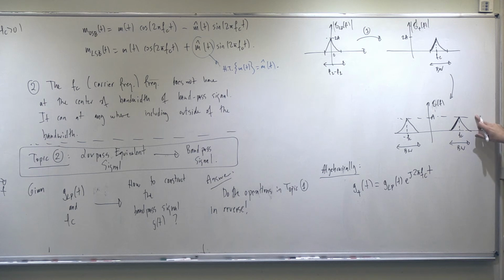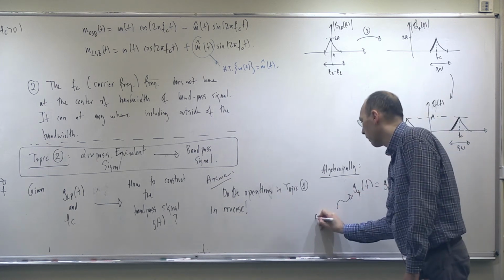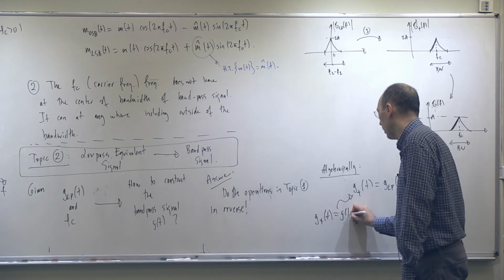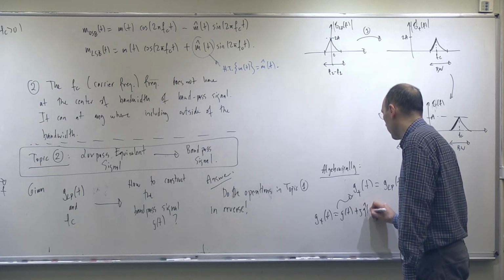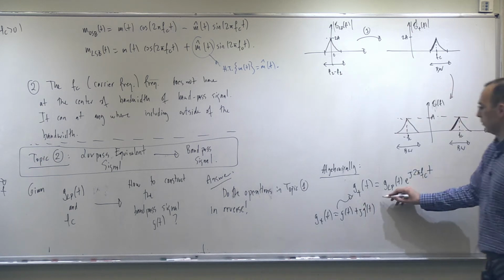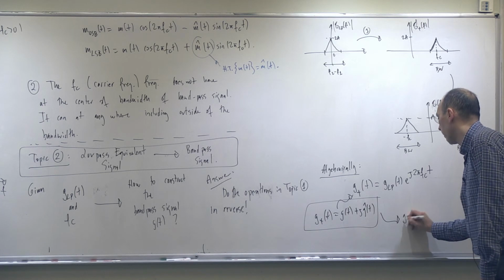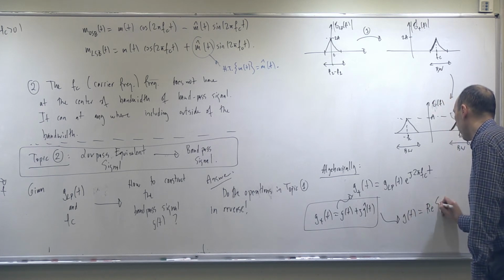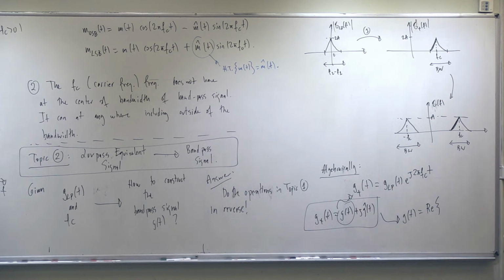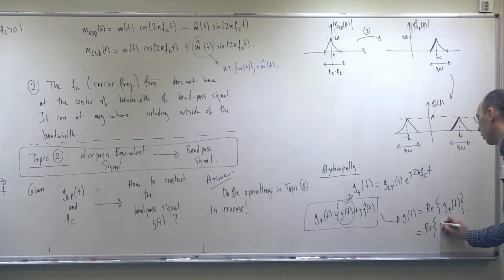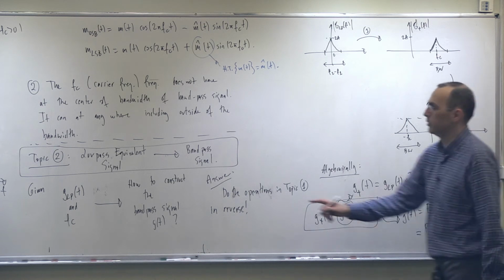Now, how can I get this one? Well, let's remember, this was the analytic signal. G plus of t is equal to G of t plus j G hat of t. Am I right? So in the second step, I will just do the following then. G of t is equal to the real part of, because you see, the real part of this thing, G plus of t. In other words, this is the real part of the low pass equivalent signal that you know, this is given to us,